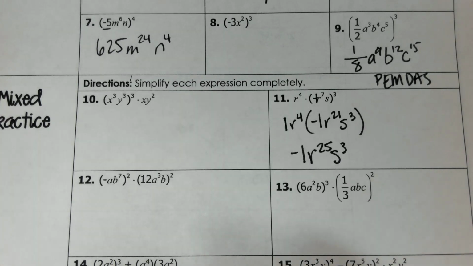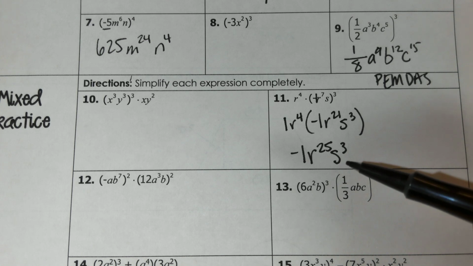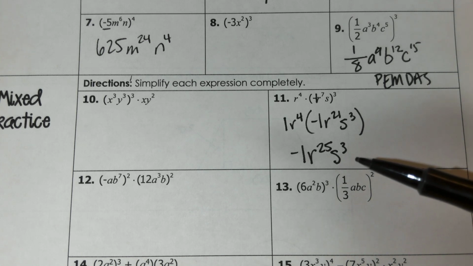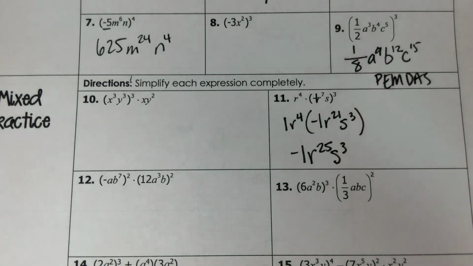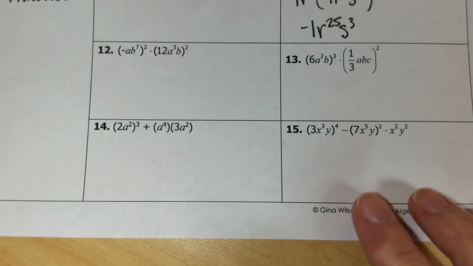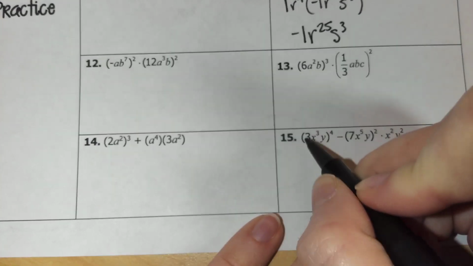Okay, so there's a lot to remember and a lot of rules with the exponents, so you want to make sure that you definitely take time to think through each of those rules as you're going through your steps here. Okay, so another example would be like number 15, where in this case we have a monomial